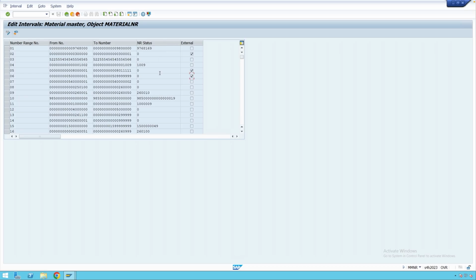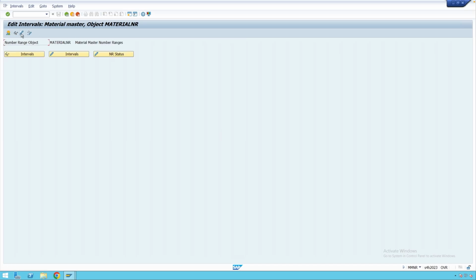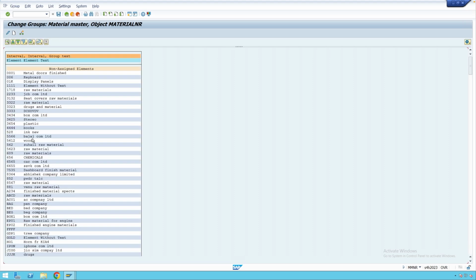And you can see we also have a column for NR status. This basically tells which number is currently assigned to the last material which you created with this number range. Now what we discussed earlier, once you create these number range intervals, you have to assign them into groups. So how can we assign that? We have to go back from here, and you can see we have this particular icon for change groups. Okay, so for any group you can assign an internal number range interval and external number range interval, or you can only assign an internal number range or an external number range interval,